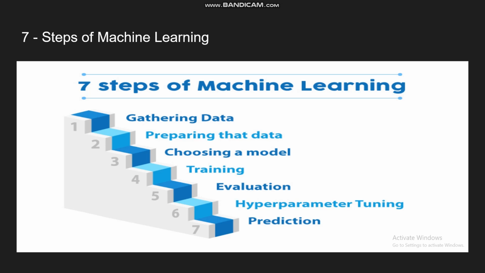Now the fifth step is evaluation. You have trained your machine learning model, and evaluation means seeing whether the model is giving good accuracy and how much loss there is. If the loss is high, then you move to hyperparameter tuning. In hyperparameter tuning you adjust things like the loss function. I will explain this more when I teach the deep learning part.